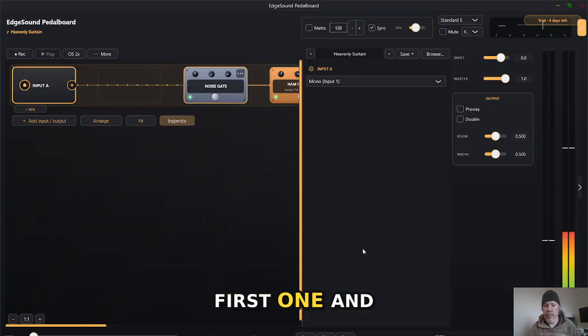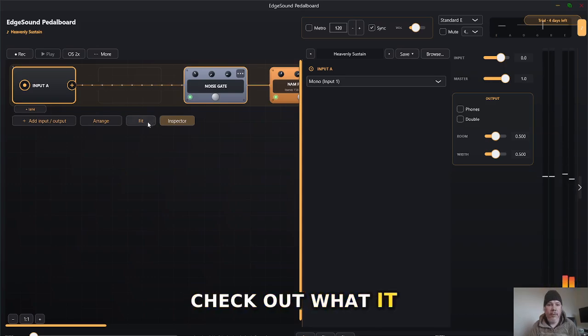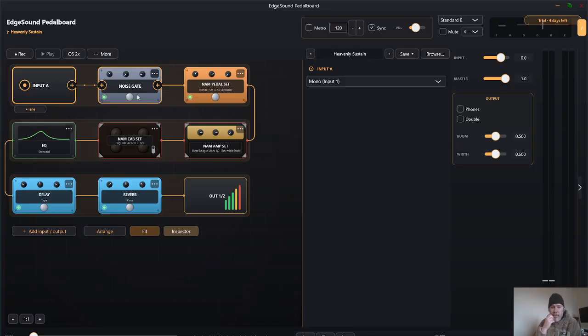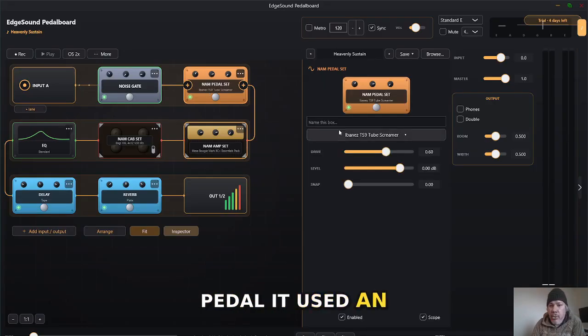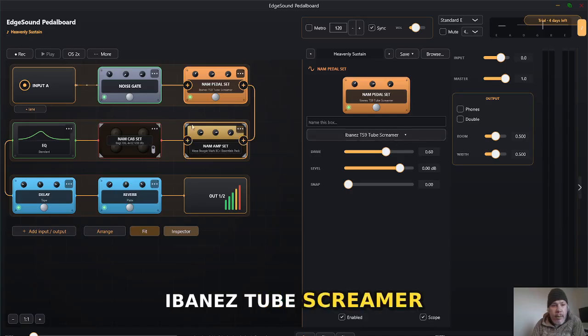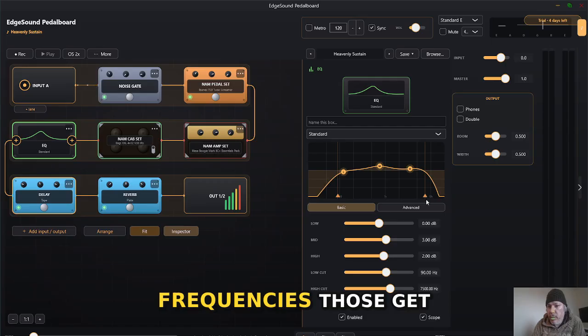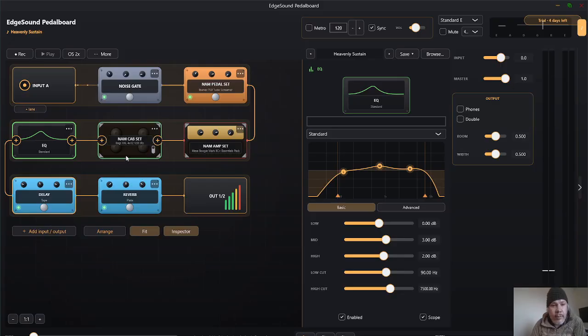I'll take the first one and check out what it built. It made a noise gate, the classic one you use. With distortion, for the pedal it used an Ibanez tube screamer, an equalizer, as you can see, it cuts some frequencies. Those get added, and you can add them in the EQ.